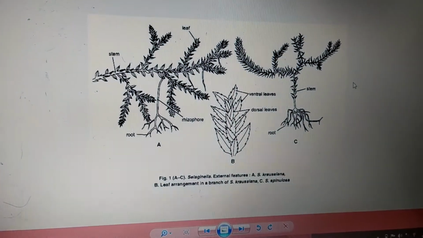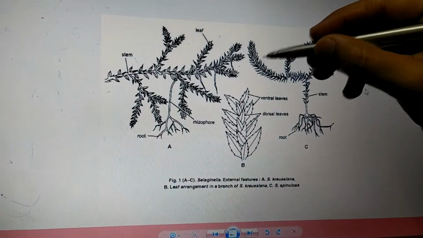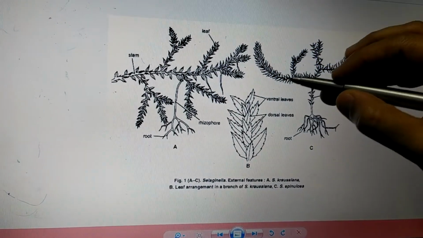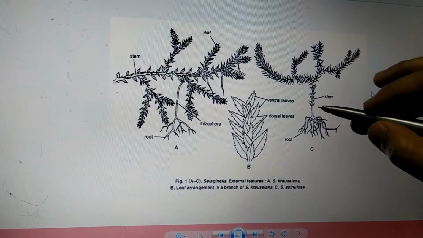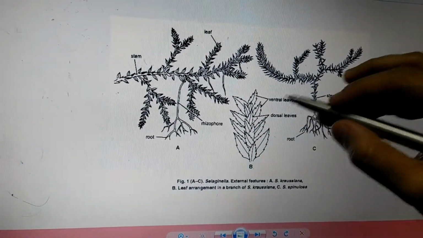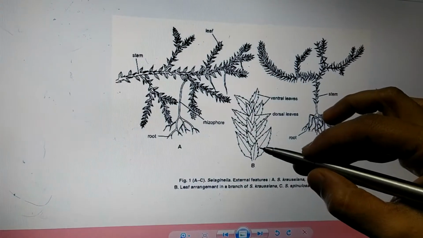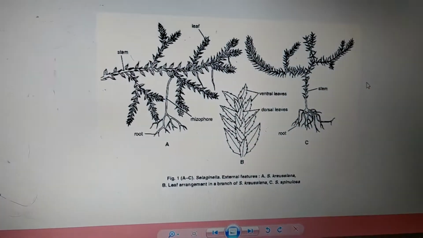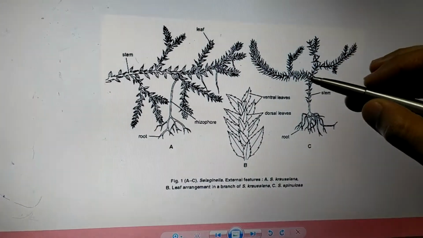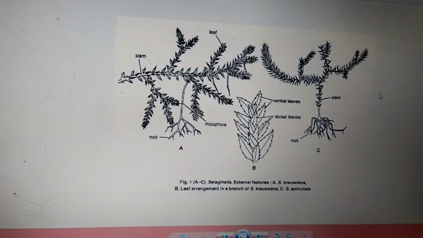Now about leaves. Leaves are small. They are simple. They are arranged spirally to the stem in case of Homophyllum. They are small, simple, with a pointed apex and have a conspicuous midrib. This midrib is unbranched and their arrangement will be spirally arranged, densely covering the stem. This occurs in case of Homophyllum.